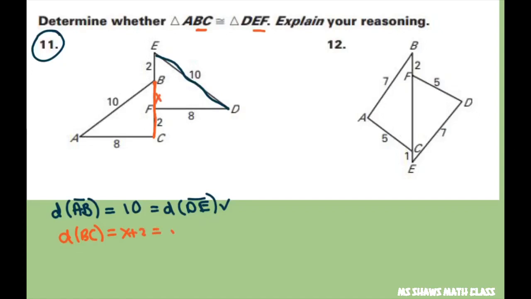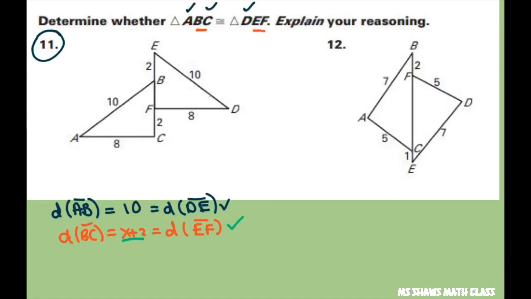And does it equal the distance of EF? And so the distance of EF is right here, and that is also some x plus 2. So that checks. And now finally we have to do